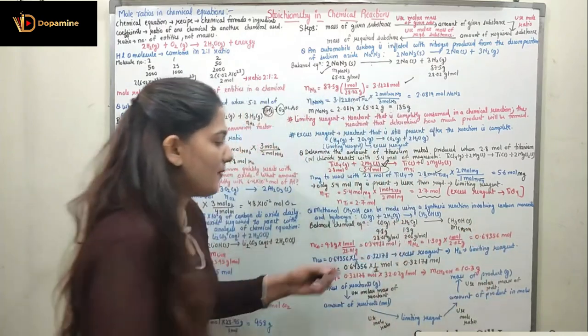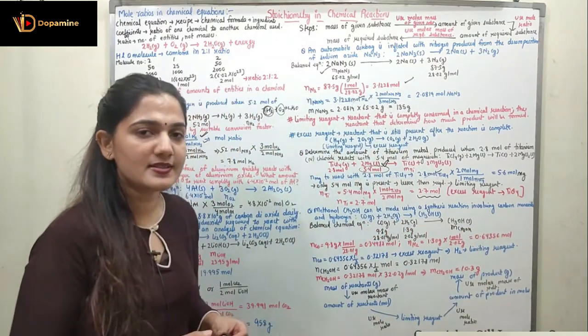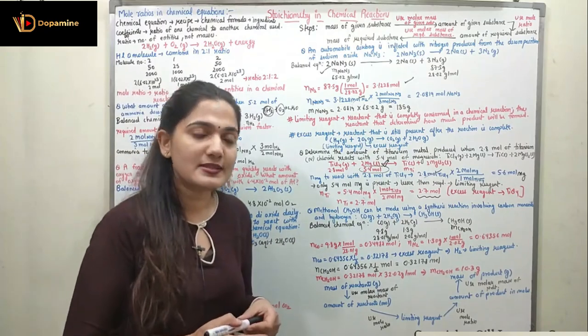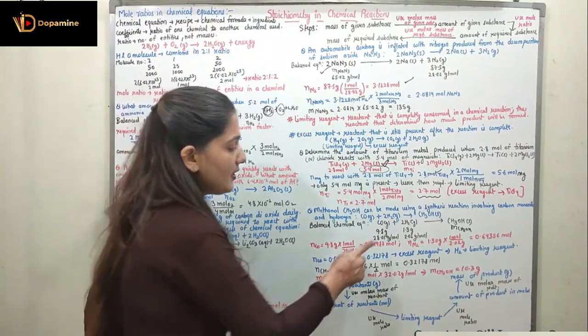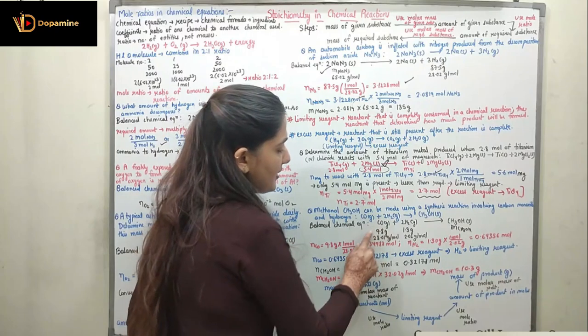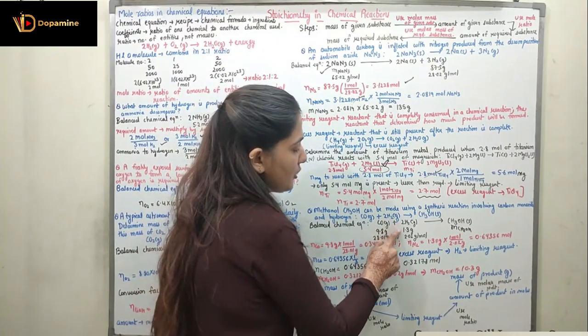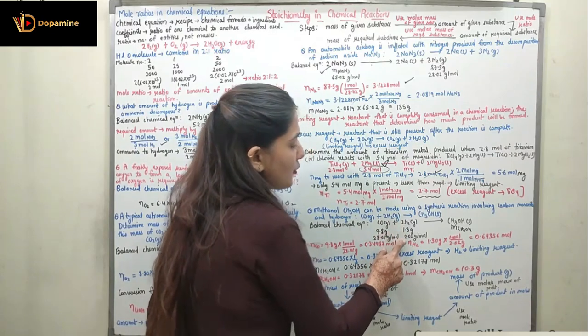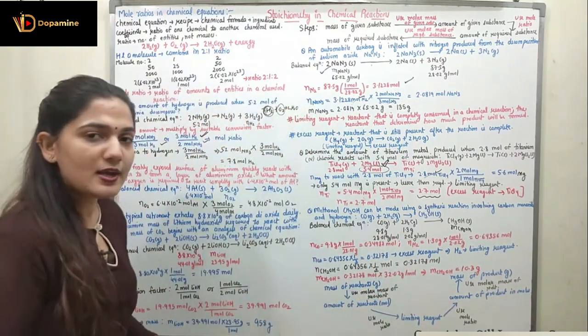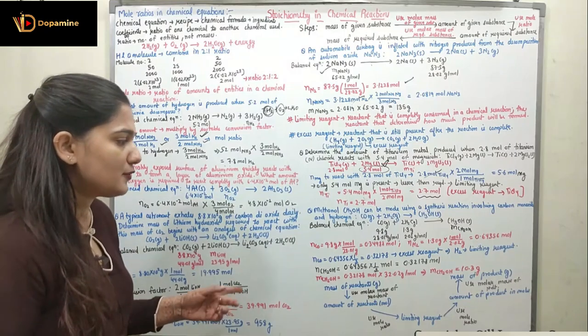Right, so first of all, when both of the reactants' masses are given, we can find out which one is the limiting reagent. So over here you can see we can find out the molecular mass of carbon monoxide, which is 28.01 gram per mole. Molecular mass of H2 would be 2.02 gram per mole.